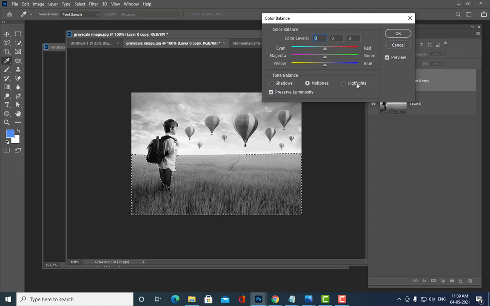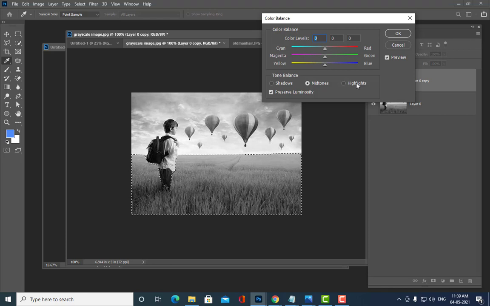So see here, now we have to make the grass green in color, and this grass is having highlights, midtones, shadows. So the grass is having dark areas, light areas and bright areas or medium areas.